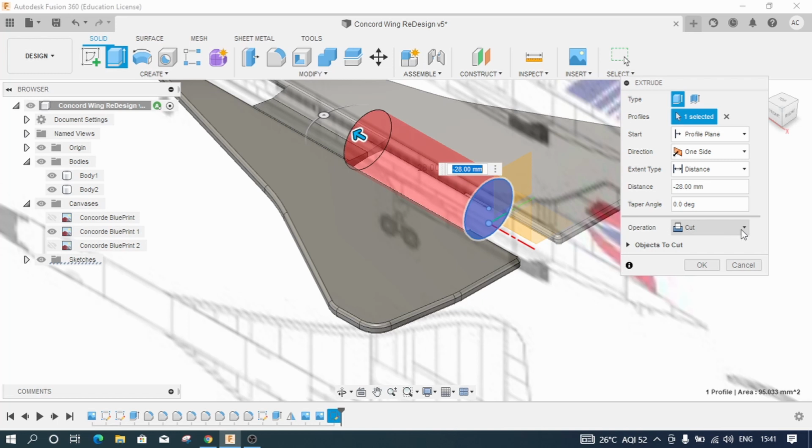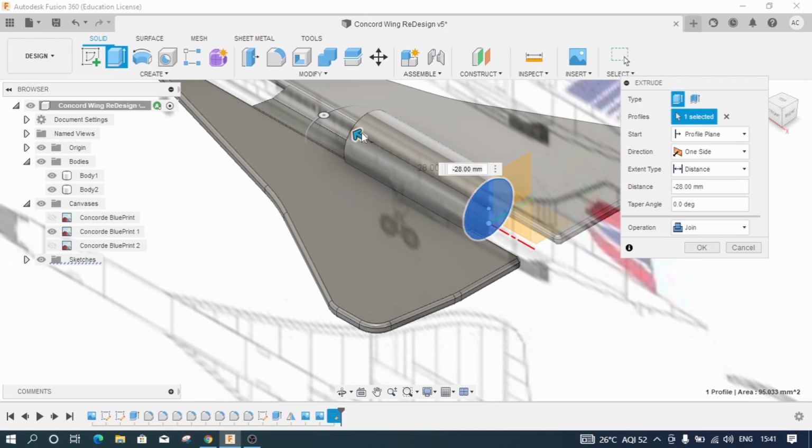I don't want the operation to be cut through. I want the operation as new body. As you can see, if I give join, this becomes a whole body, and these two things will get joined. I don't want to join them, but I want them to be as a separate body, and hence I want to give this as new body. You can also give this as new component, but I'm not interested in creating components, but I'm interested in creating new bodies. And when you go to large assemblies, you will know what are the components and you will know what are their subbodies in more detail. For now, I'll choose new body.